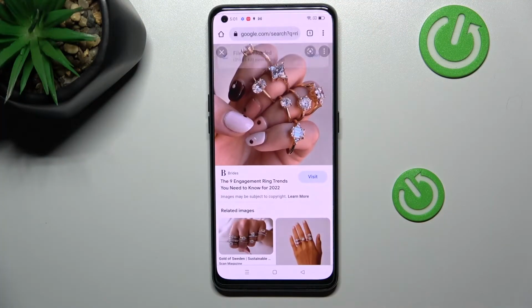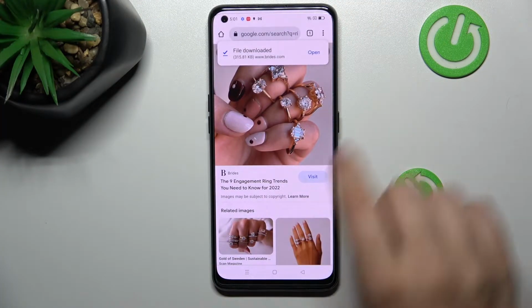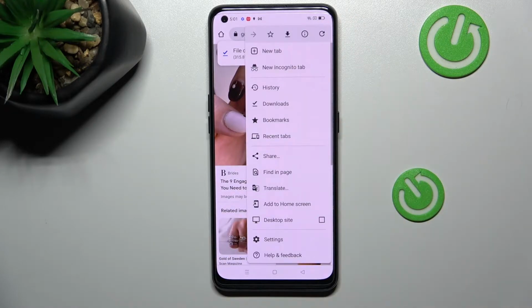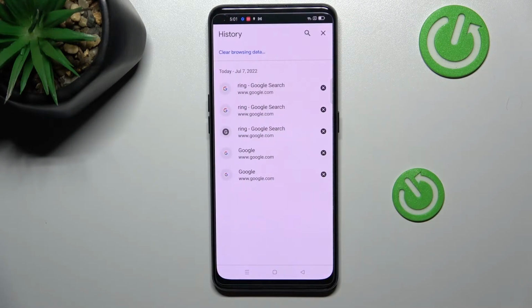So first of all, let's open the browser. In my case it will be Google Chrome, and now let's tap on the three dots icon in the right upper corner. Now let's enter the history, and as you can see, this is the list of all previously visited